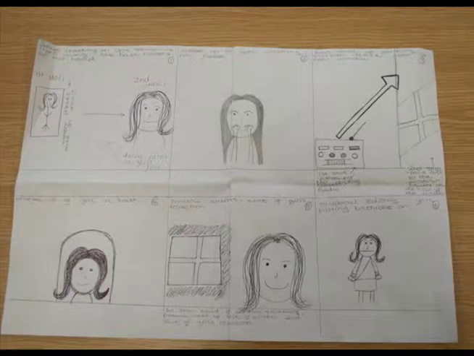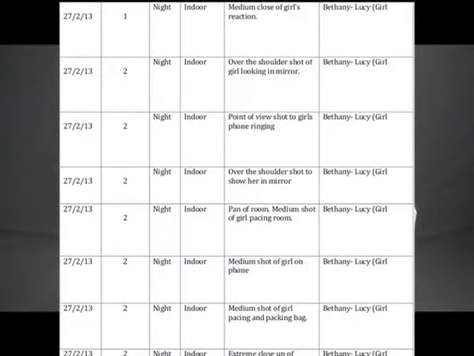In our storyboard in the coursework, we drew a quick sketch of what was going to happen in that particular scene. We wrote a brief description for it, and we also included what shot would be used. After finishing our storyboard, we felt more confident about what we needed to do, and then we transformed our storyboard into an animatic. By discussing what shots should be used in each section of our footage, this enabled us to show the characters' emotions and reactions by filming it from the correct shot,